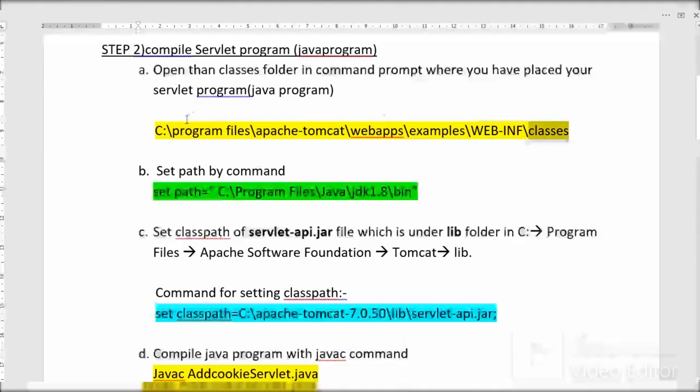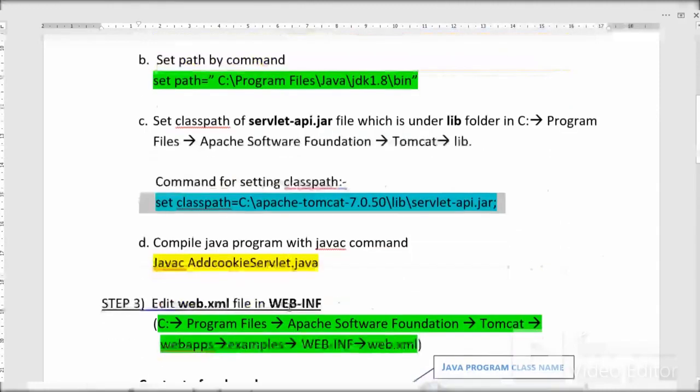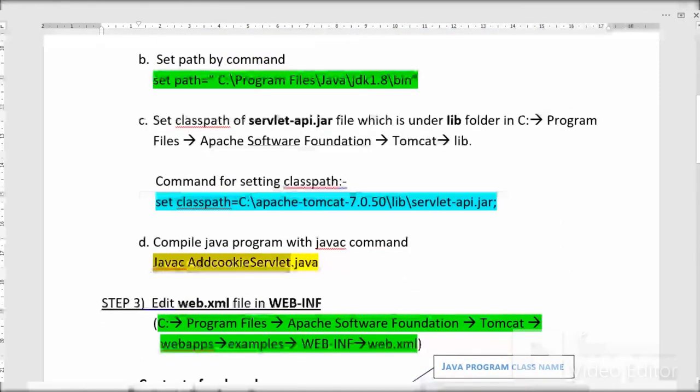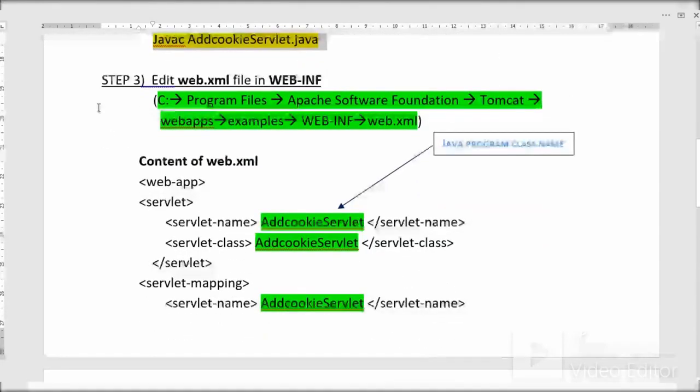Entire step 2: first, we open the classes folder in command prompt. Then set the path for the Java JDK folder. Then we set the classpath for the servlet-api.jar file. Then javac and the name of the Java program. We have compiled that Java program. This is your step 2. After that, step 3: web.xml, you have to open in the WEB-INF folder, and then we will make some changes in